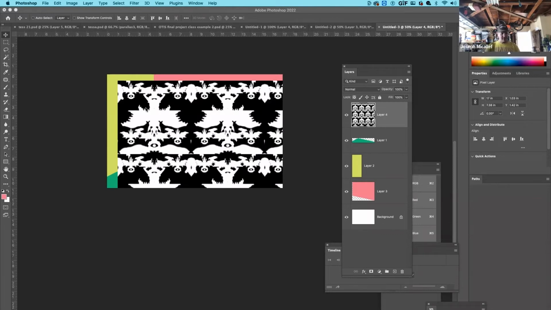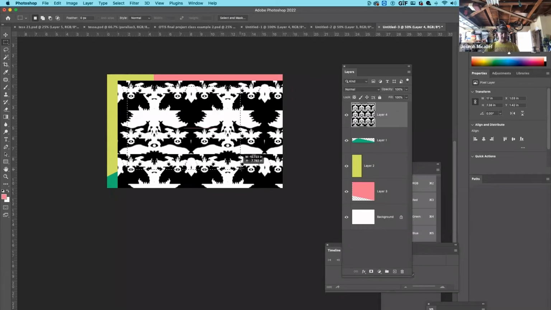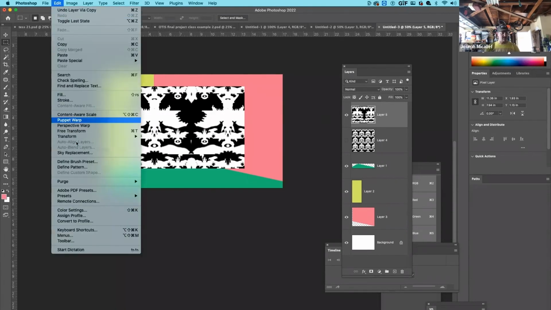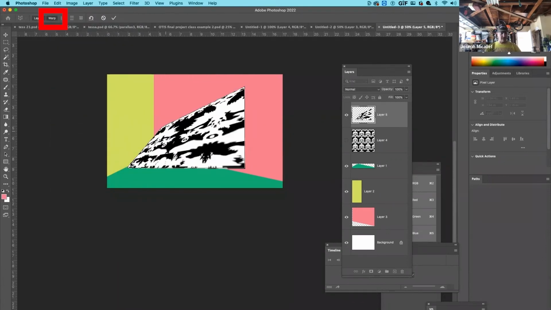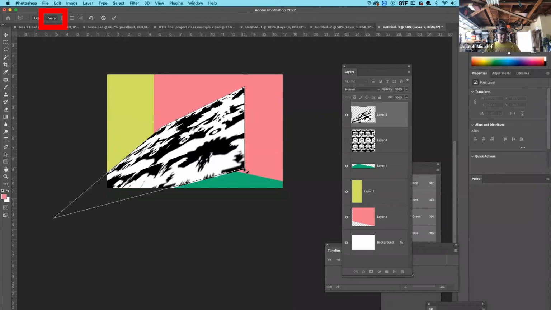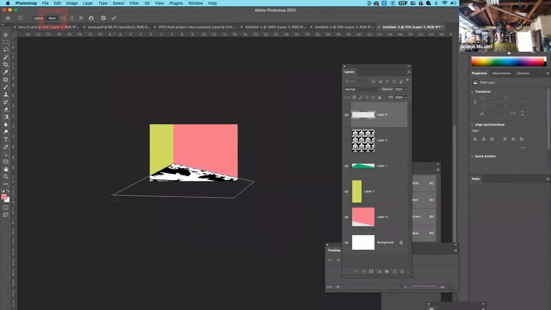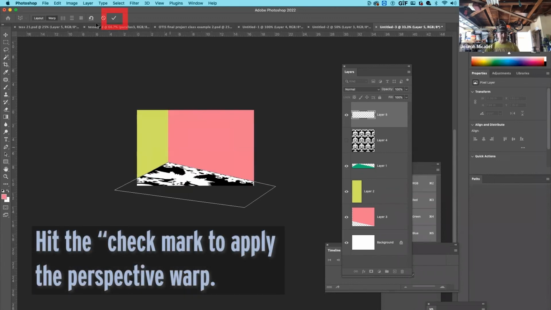So with this, what I could do is use that perspective warp. So actually, I'm going to grab just a section of it. So I'm going to make a marquee selection and duplicate that into a new layer, and then go into image, or sorry, go into edit, perspective warp, and just draw one box, and then hit warp, and then manually adjust this so it just matches the floor. So I'm just grabbing the corners. And if you want to have a greater sense of depth, it's just a matter of adjusting those corners. So I just try to match it up as best as I can, and then hit that check mark,